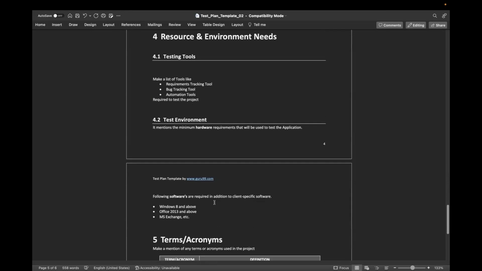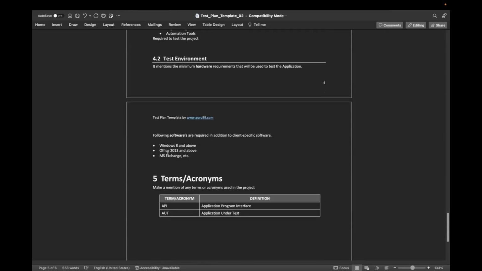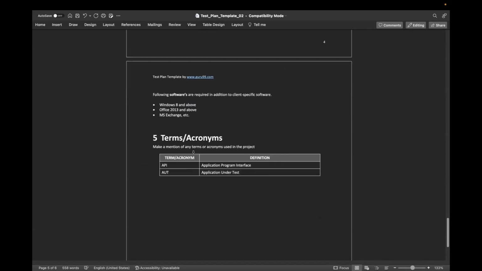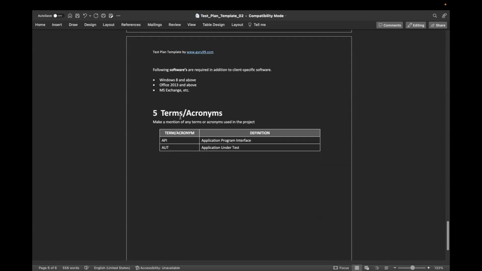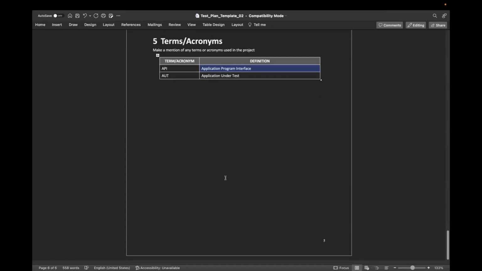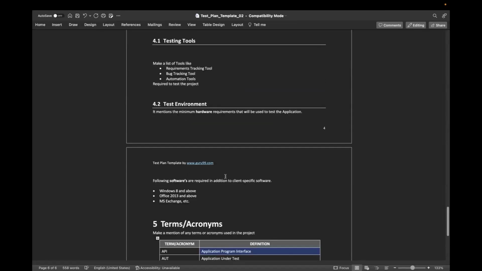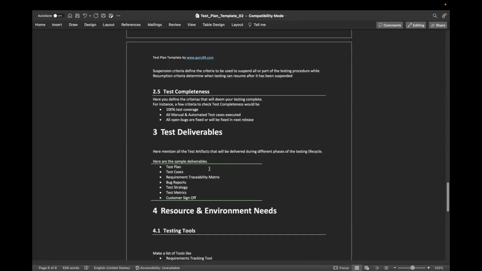Your test environment: which software you're going to use, which Windows version, which iOS version. Then the terms and acronyms like API, here you have application programming interface, AUT, you have application under test. You define all of these things in your test